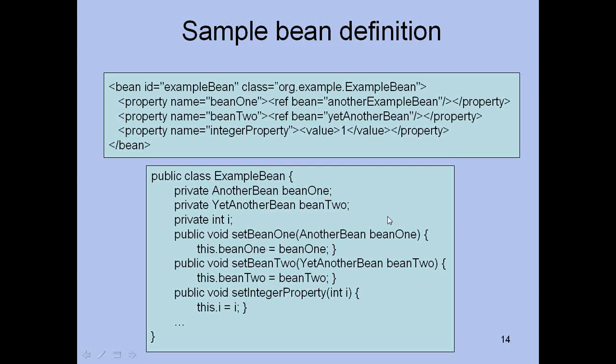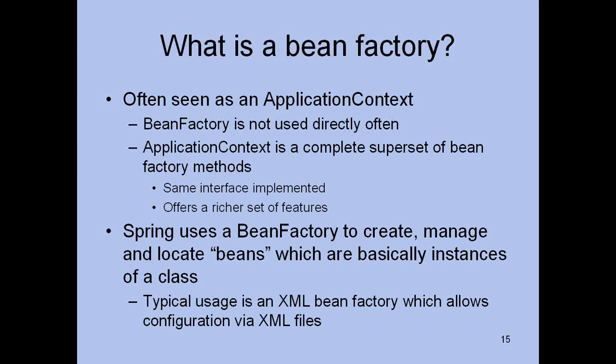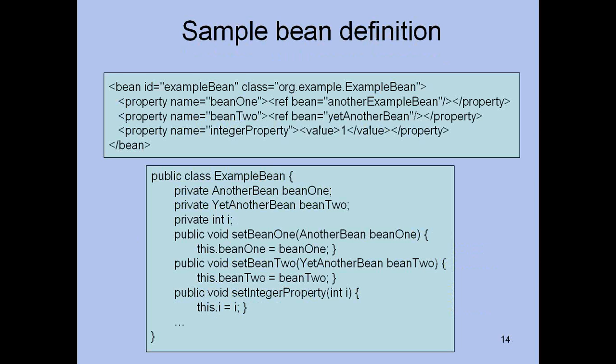In the tag property and ref, won't the reference be inside the property tag itself? You can do both ways. You can either close the property bean and then start another ref tag. It can be both ways. But the way you are injecting here is through setter methods. So this is called setter injection. And the same thing for value too, right? Value can be included inside too. That's right. Same thing for value also. Okay. Doesn't matter.